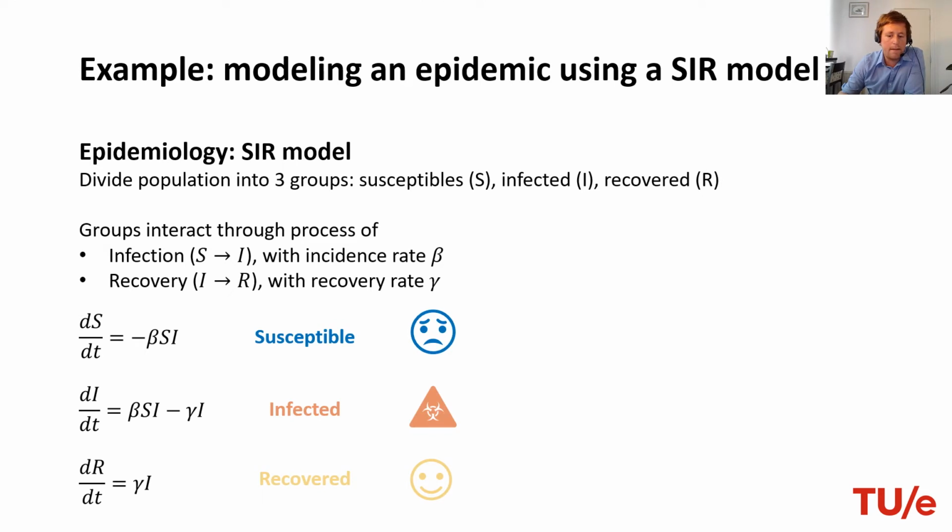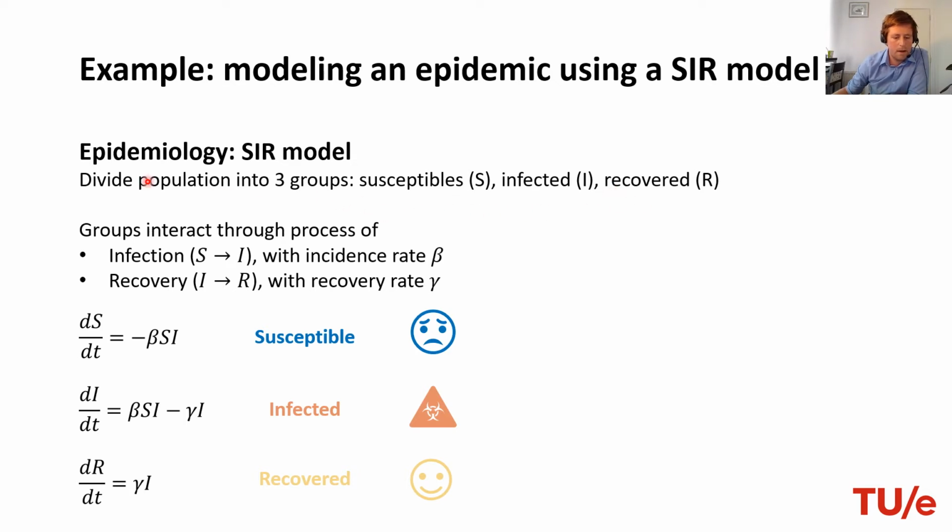So let's look at an example to make this a bit more clear. Let's look at a very actual example where we try to model the outbreak of an epidemic using a so-called SIR model. An SIR model divides the population into three groups: a group of susceptible people, a group of infected people, and a group of recovered people. We don't consider here the fact that the disease might be fatal, so everyone that's infected becomes a recovered